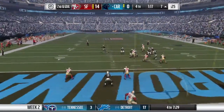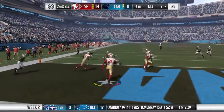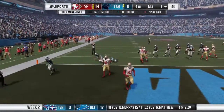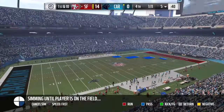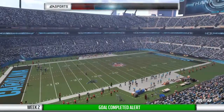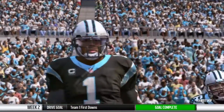To throw is Newton. And this is intercepted, and that should do it. Picked off by the corner, Tremaine Brock. A recent memory, the Panthers have made uptown Charlotte a